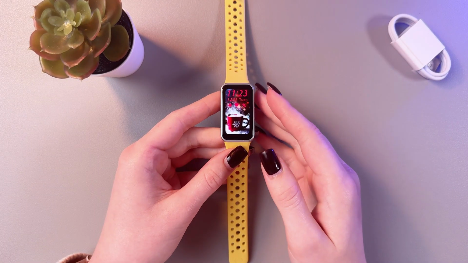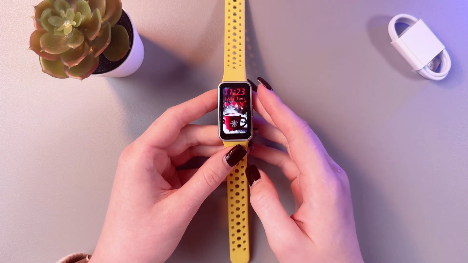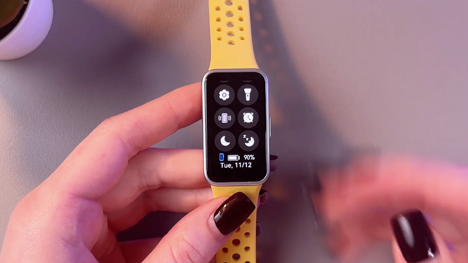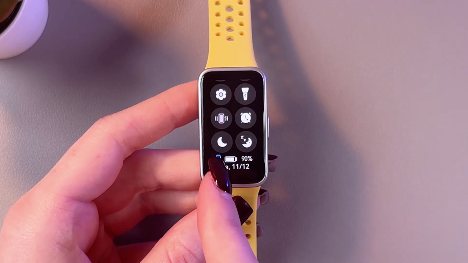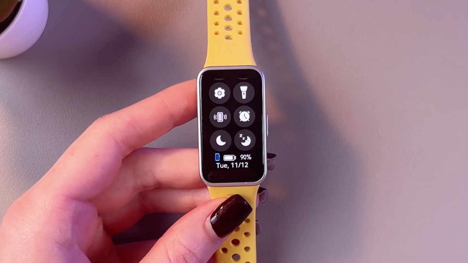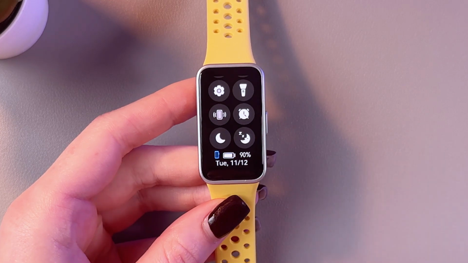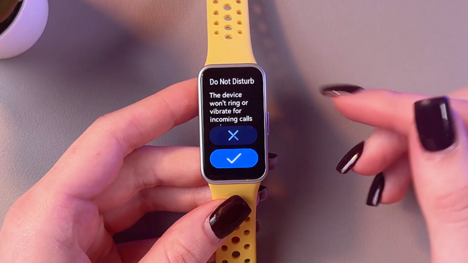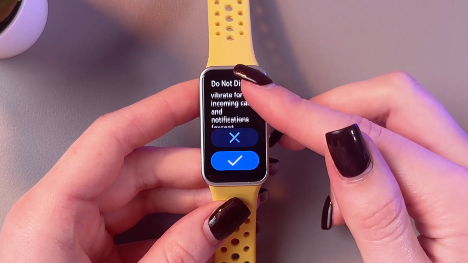Hi, to activate Do Not Disturb mode on the Huawei Mate 9, you just need to simply swipe down from the upper panel to trigger the control center. And here you would see this moon icon on the left side, which is for Do Not Disturb mode. Just tap it and here you would see this pop-up notification that the device won't ring or vibrate for incoming calls, notifications,